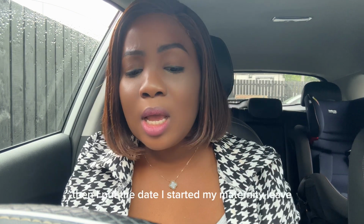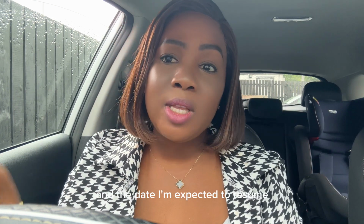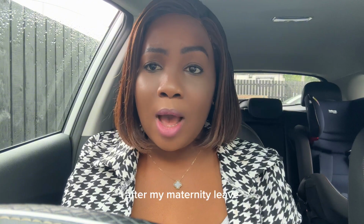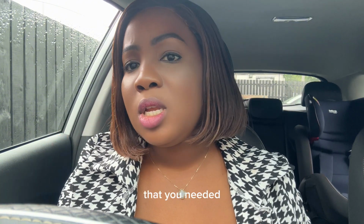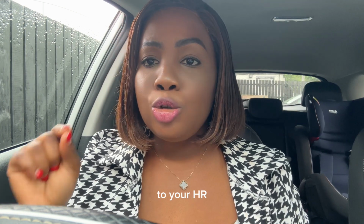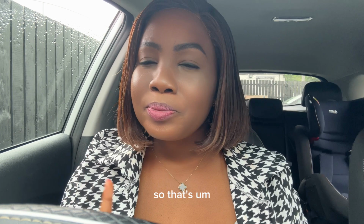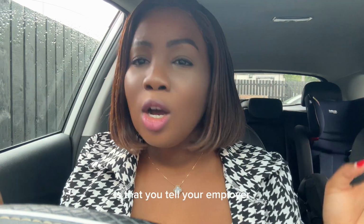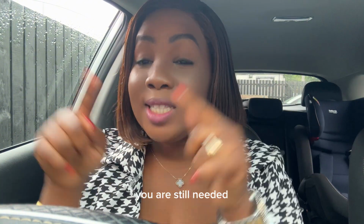Then I put the date I started my maternity leave and the date I'm expected to resume back to work after my maternity leave. And there is one other piece of information that you need your employer, your HR, to add in the letter. That information is that you tell your employer to state that you are still needed